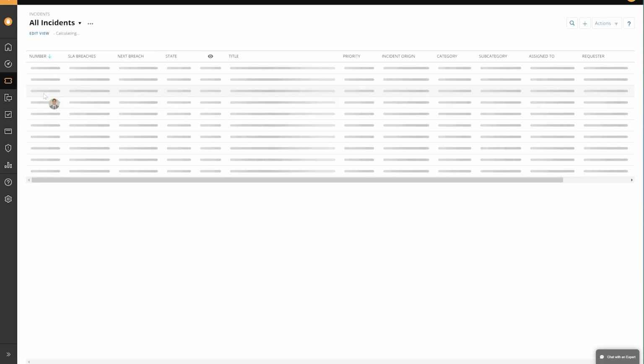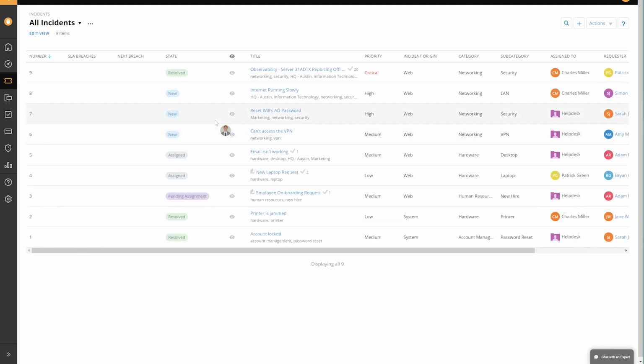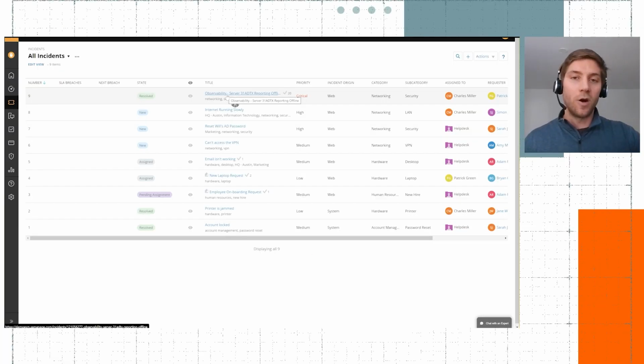If we know we've got a bigger problem with server 31 because every week we keep getting tickets where we're running through the run book, making sure it's back online, we're wasting, or I don't want to say wasting because we're restoring the service, but spending a lot of time doing this weekly, when there's better things that we could be doing. We create the problem record, we work through it, we identify the symptoms, the root cause, and try to fix it right there. But that's not always going to work.